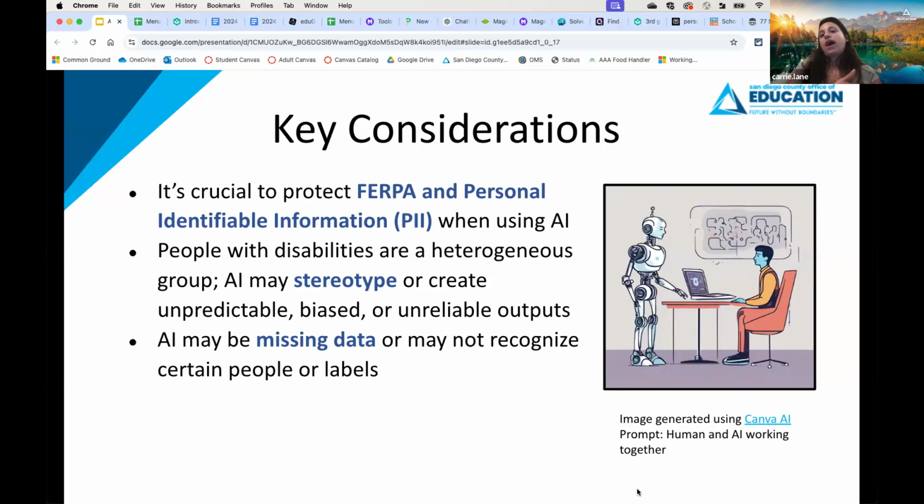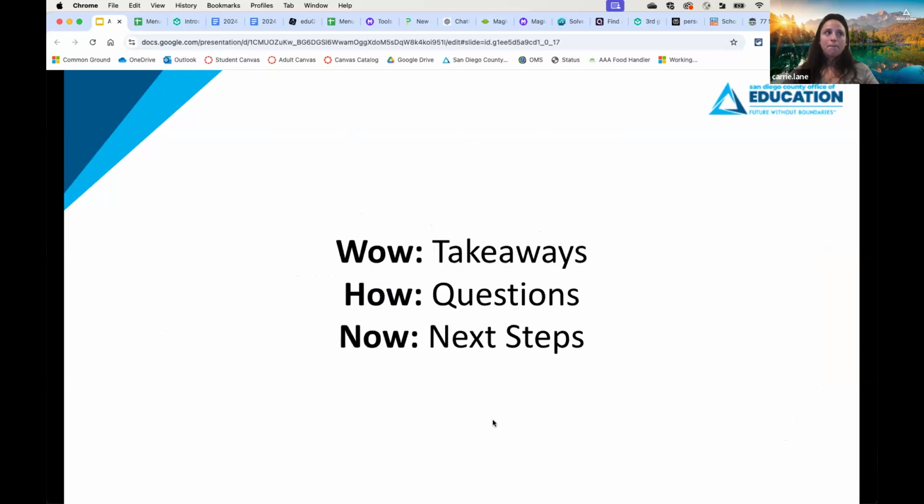But it can help you to find the resources you might need to look for. It also doesn't tend to have a lot of information on specific disability groups. So that's just something to keep in mind if you're using it for data. While it collects really good data about your students sometimes, as a data set, sometimes it doesn't include information about specific disabilities as well as we would expect that it does, at least not yet.